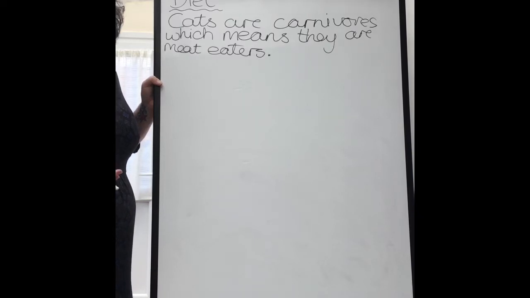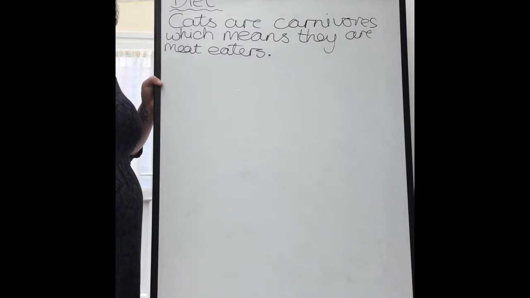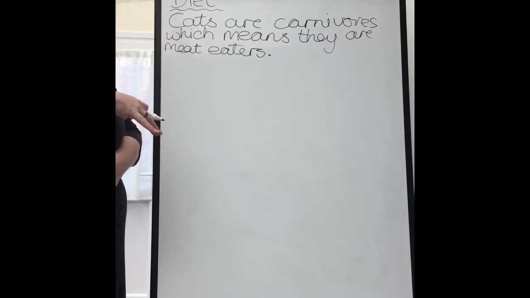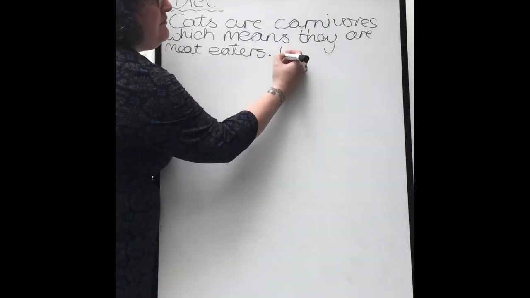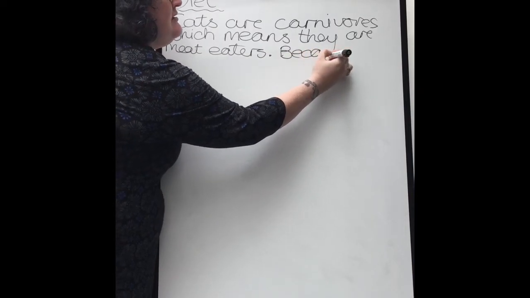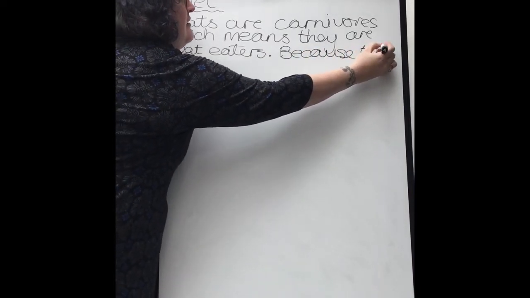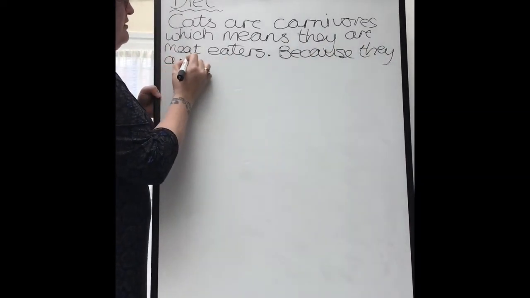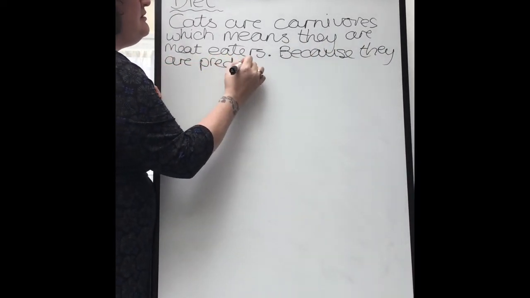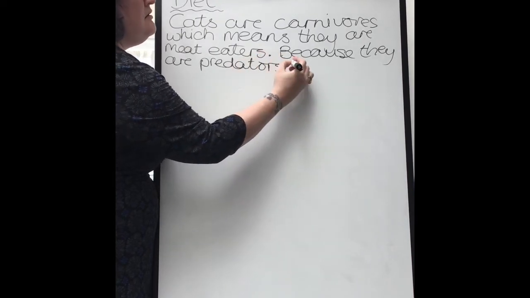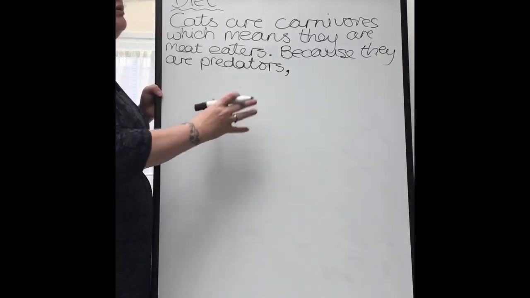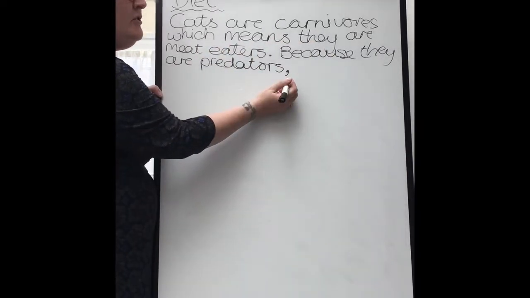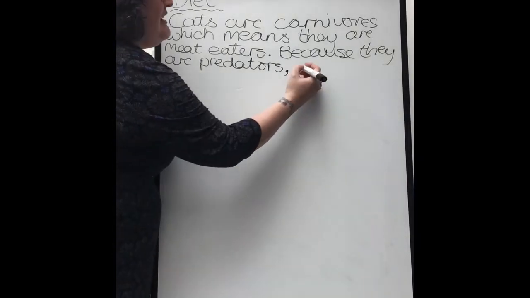Cats still have many of the hunter instincts that tigers have because they are predators. I could say that, or I could flip it around and I could start my sentence with my conjunction. So, because they are predators, comma, fronted, a subordinate conjunction or a conjunction that starts the sentence must be followed with a comma. Because they are predators,